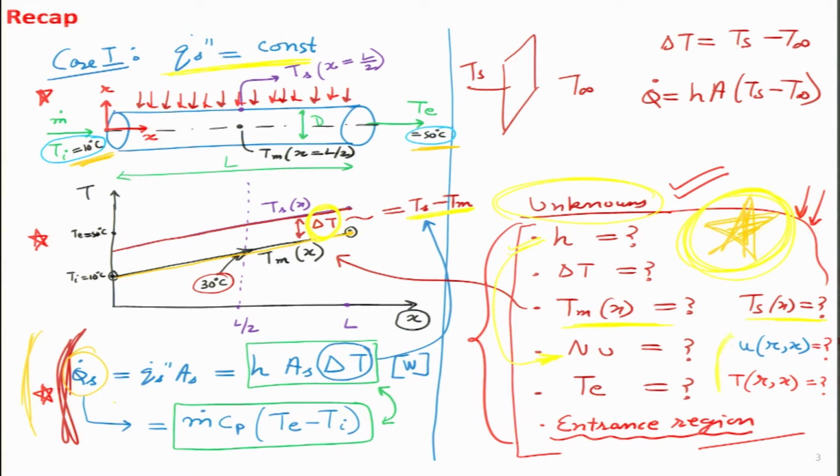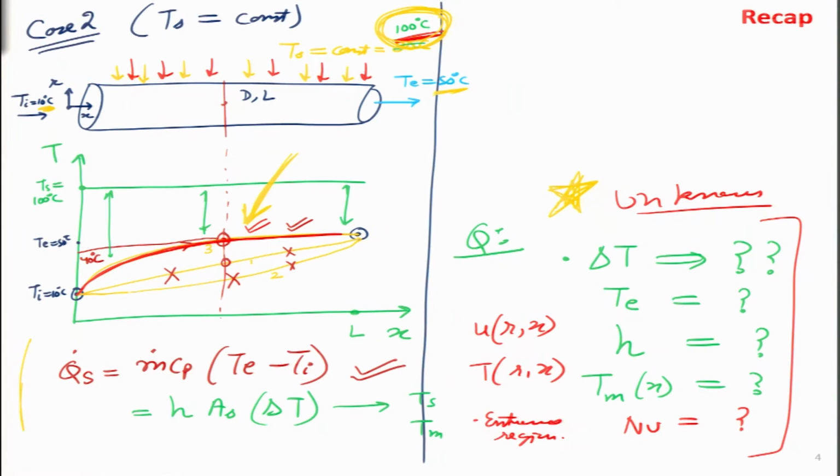And these two are very important parameters: the velocity in the x direction as a function of r and x, and the temperature profile as a function of the radial coordinate r and the axial coordinate x. So, we want to figure out all these parameters and what exactly their values are. If we look at case 2 on the following slide, then similarly we have written a lot of unknowns over here which are similar to case 1.